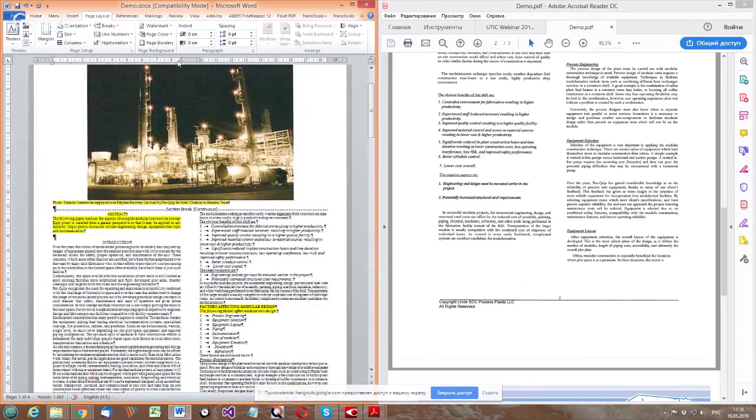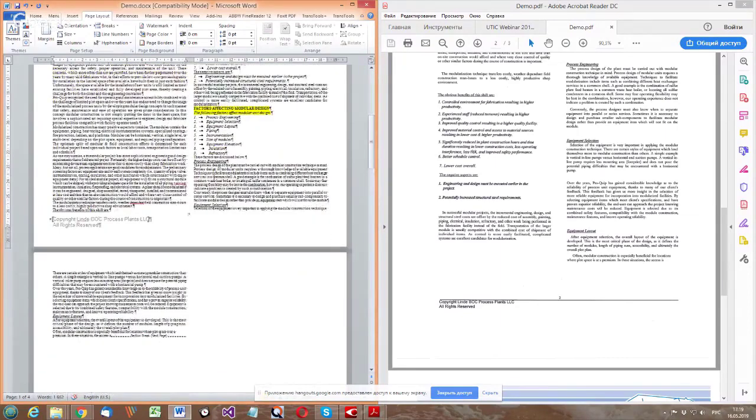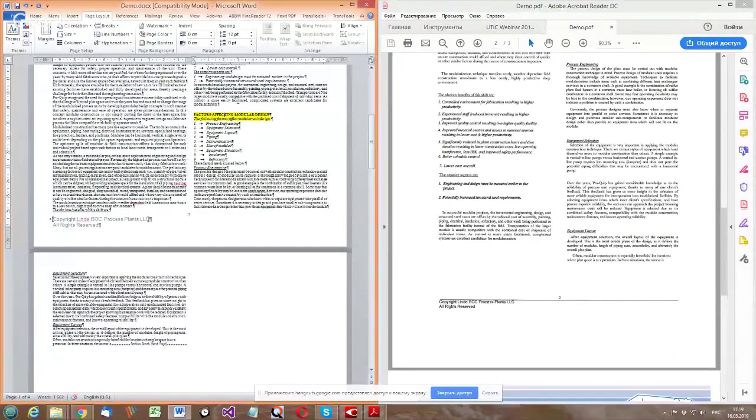And what I could do here is decrease the space between the columns, but it's up to you. And also, of course, I need to change the paragraph spacing before those paragraphs just to make the text look better. For example, I can select 12 points here, and 12 points spacing is applied.